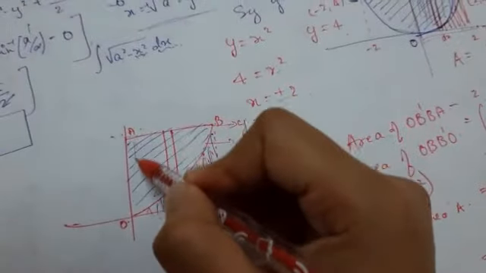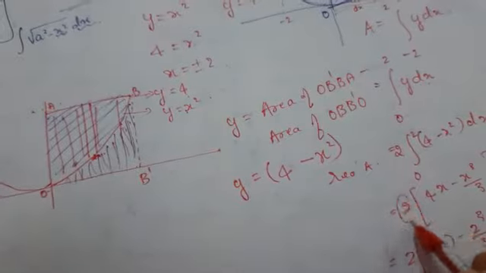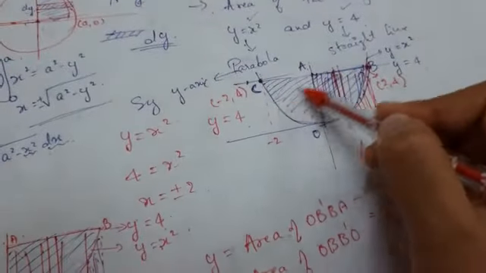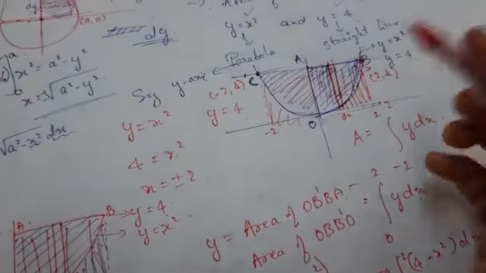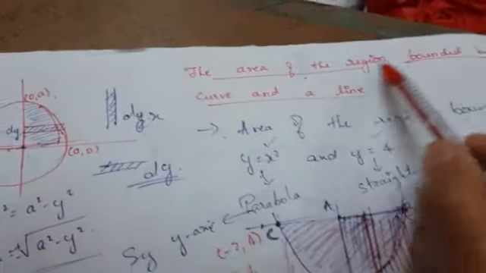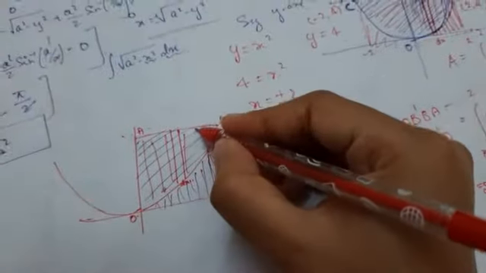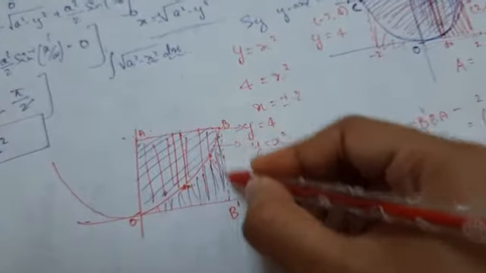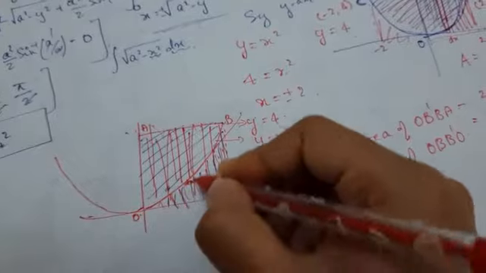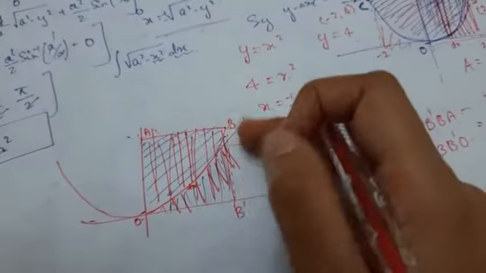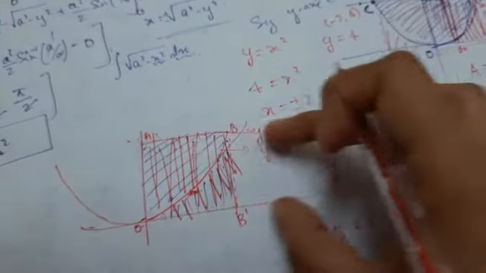This area we have got along with this one. Since we have already multiplied by 2 here, we got completely this area where this region is subtracted. So clearly here we are having the area of the region bounded by the curve and the line. The area under this line was this whole region, and area under this curve was only this region. So what we have done is subtracted the area under the curve from the area under the line.